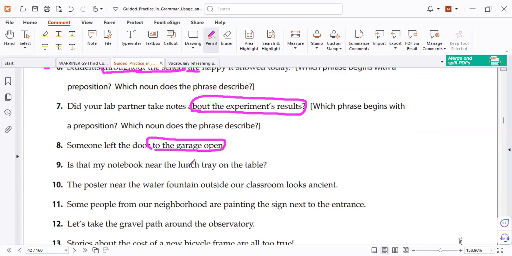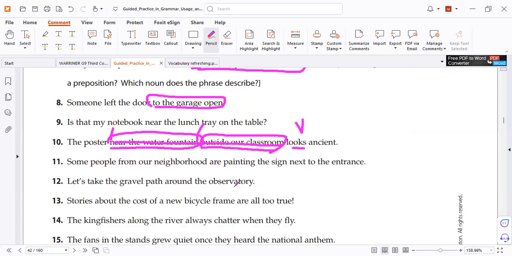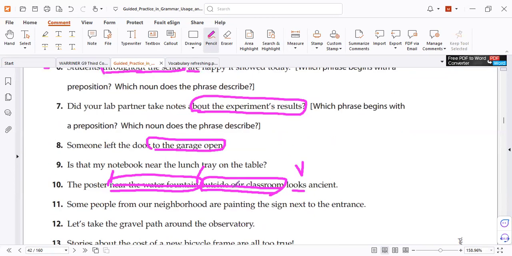So when you find a preposition, you expect to start a new prepositional phrase. But the problem is the end. For example, look, the poster needs a water fountain. One. And then two. I stopped here because I found the verb. But that is a phrase, and that is a second phrase. That's why, when I tell you, please delete the phrases, delete them. I delete them to help you to know the subject and the verb quickly. That's what we did last time. That's it.